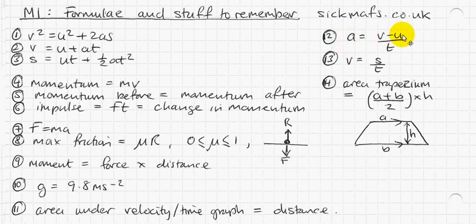Acceleration is a change in velocity over time, and velocity is the distance travelled over time, and area of a trapezium is basically the average of the parallel sides times by the distance between them. We often call it a height, but if you had the trapezium going sideways, it wouldn't really be the height, would it? So this is like the perpendicular distance between the parallel sides, and that is everything you need